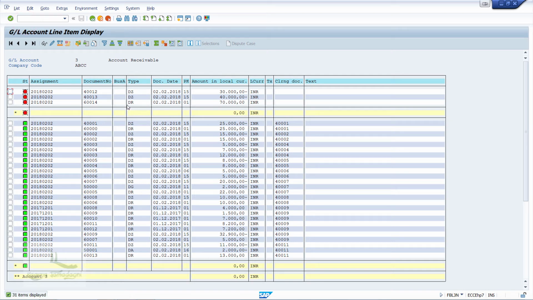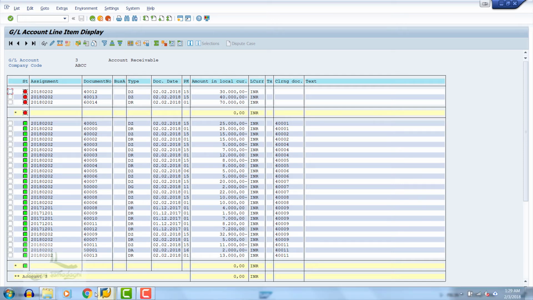Why has it happened? This has happened because I did both the payments as partial payments instead of making the second payment as full payment. So during that time, what we have to do is we will do the posting in T code F-32 to clear the open items when the net due is 0. Let me go to SAP Easy Access.